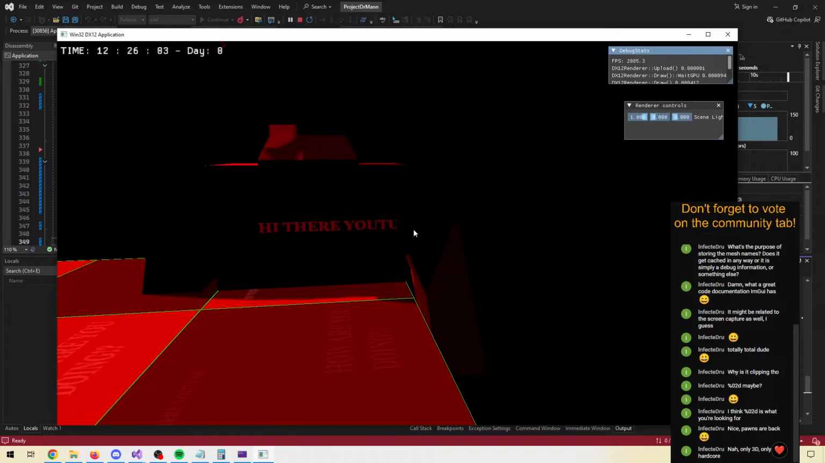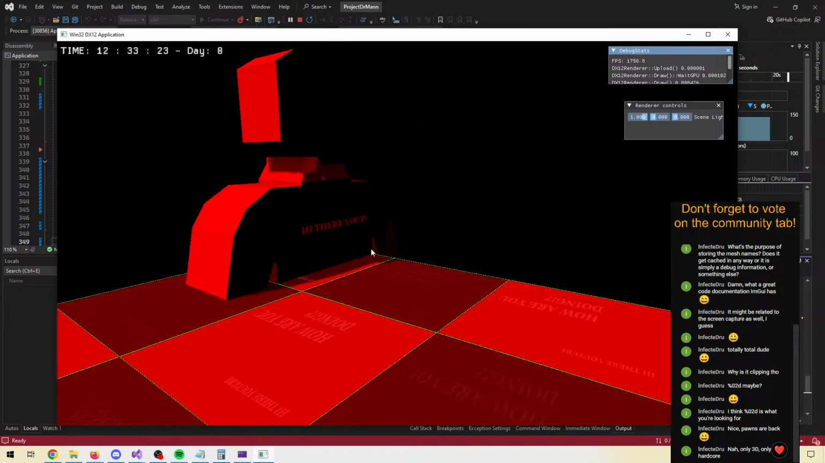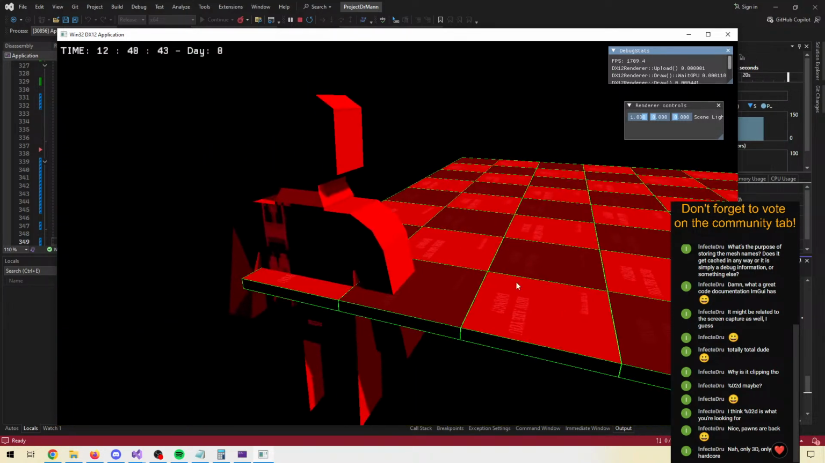Hi there, you two. Yeah, the UV unwrapping is not fit for that texture. Anyway, so